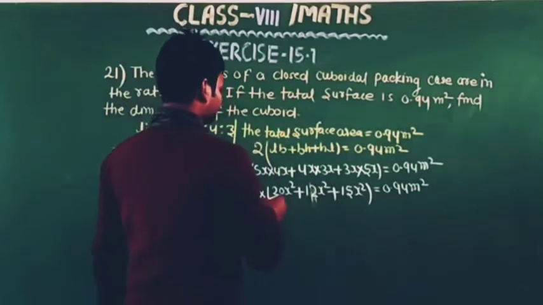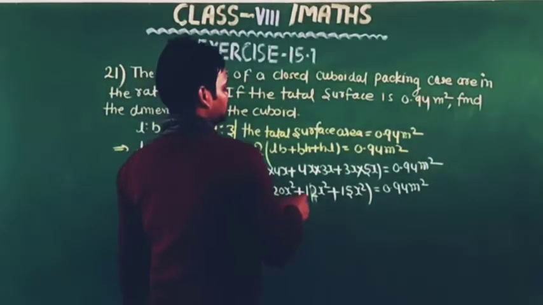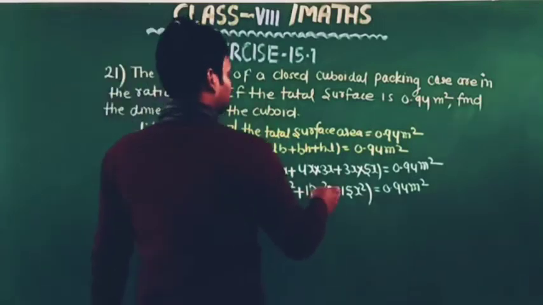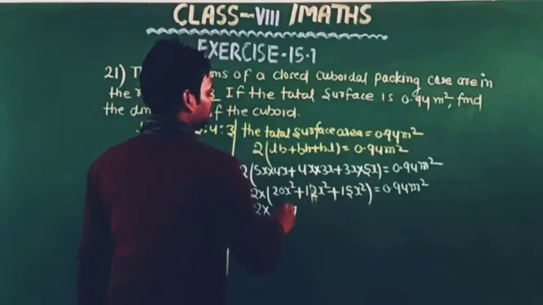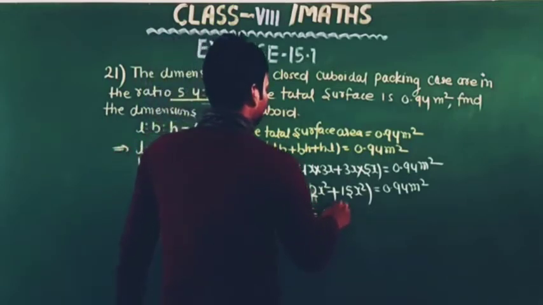Now adding 20x square, 12x square, 15x square, we get 2 into 47x square